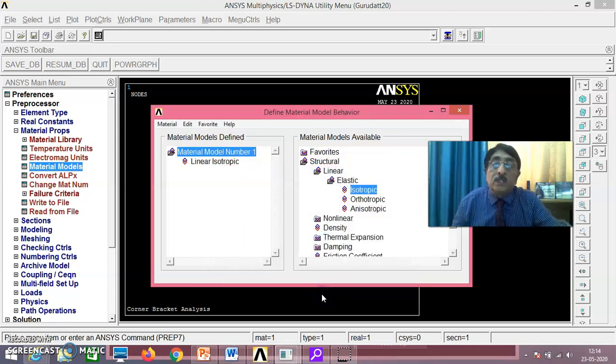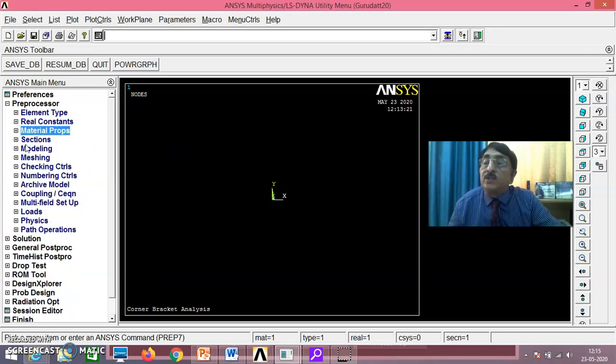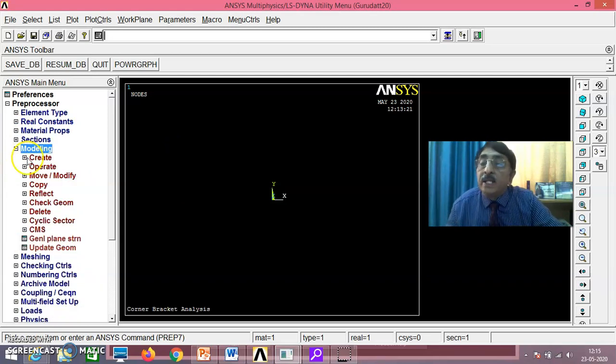Then Material Exit. Now we have to concentrate on modeling. Using this modeling, we create areas and all that. We'll create this carefully so that the geometric model is completed, and then I'll tell you how exactly to do the finite element model.